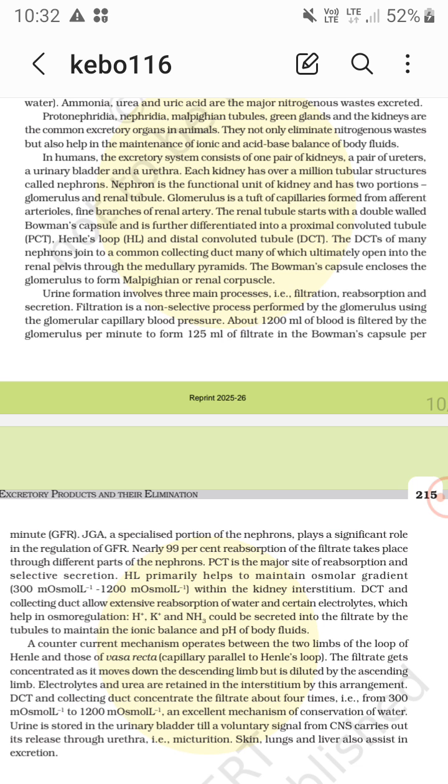Okay, so about 1200 ml of blood is filtered by the glomerulus per minute